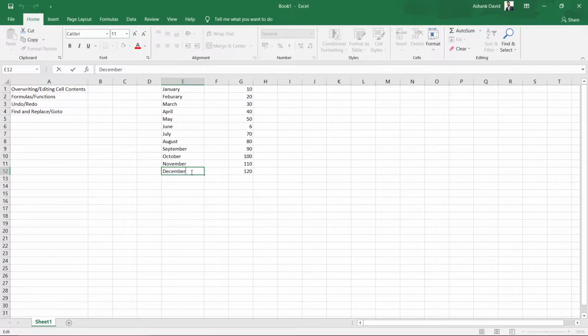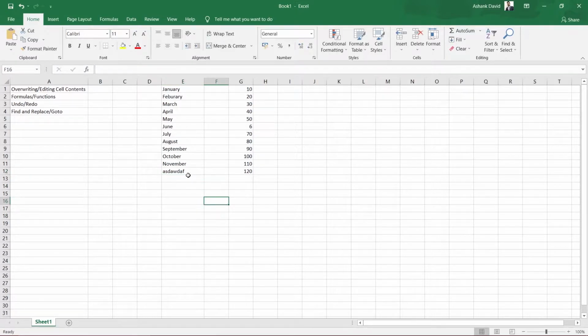Now you see when our cursor starts blinking, all of these options, alignment, number, style, cells are grayed out. That means that we cannot use all of these options when our cursor is blinking here. We can only just type here. Instead of December, I can just type anything I want like this.